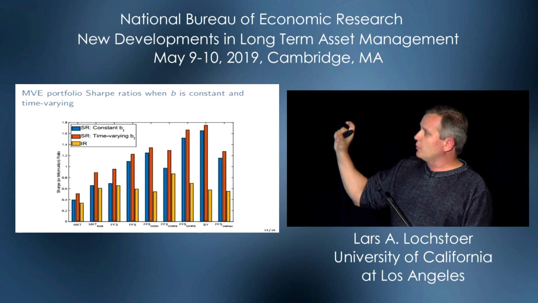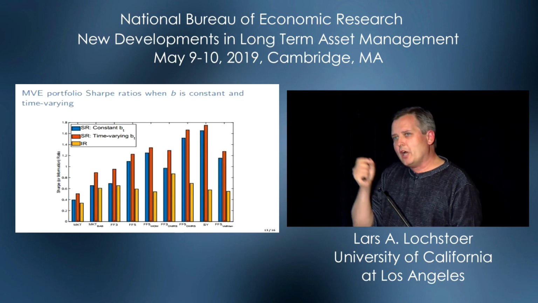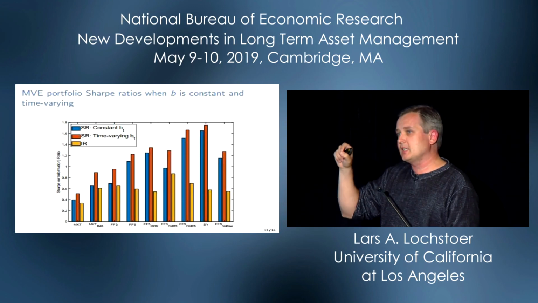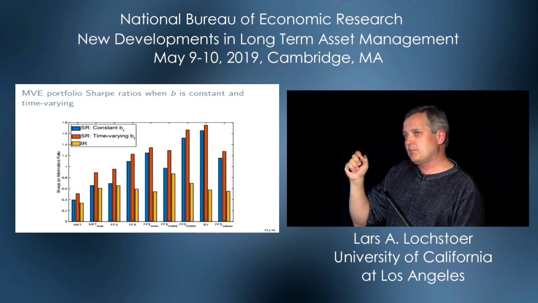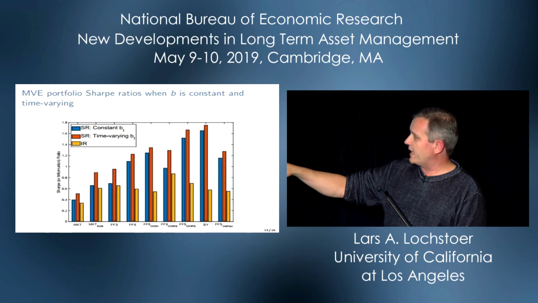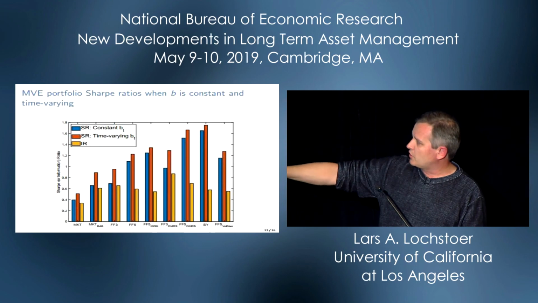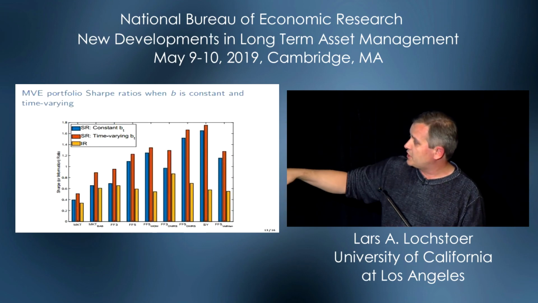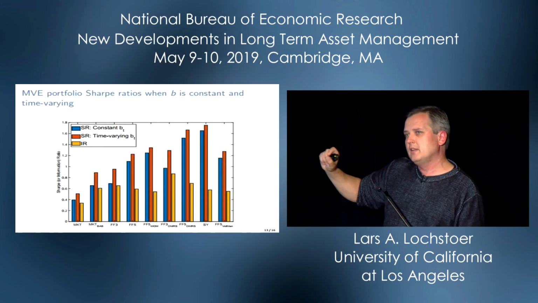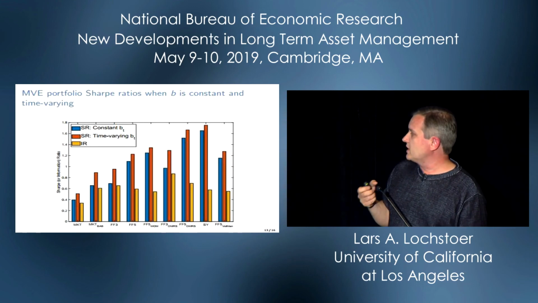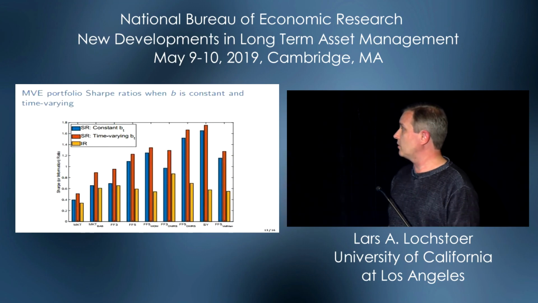I'll show you what these look like in a second, but just to give you a sense, I can now construct the optimal timing of this MVE factor given my estimated B_t's. I'm doing this here, and I compare that to the Sharpe ratio of the MVE portfolio with the constant B_t's, which is the blue versus the red, and then the information ratio, what's left on the table from R, okay? What you should observe, you should really look at the blue here, which is the information ratios of the rejected models, which is everything except for the CAPM effectively, are on the order of 0.6 to 0.8. That's how we can improve on this MVE portfolio. So it's consistent with the GRS test, and that's the economic magnitude we're going for.